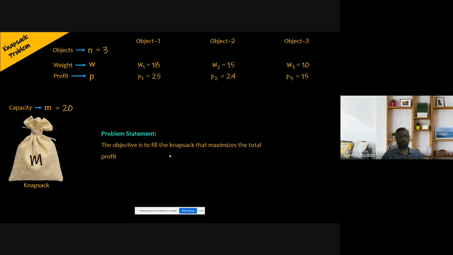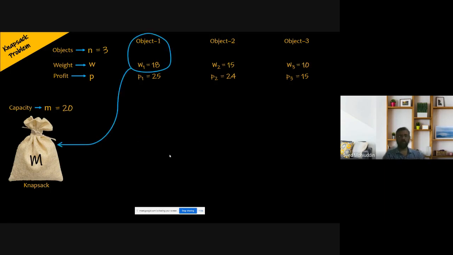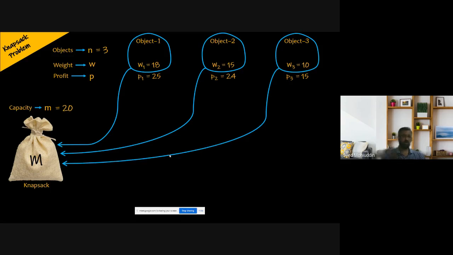M. Now, if there were a large capacity in the knapsack, which could fit all of object 1, object 2, object 3, then there would not be any problem at all. We would put all oranges, all apples, all bananas in the sack to earn maximum profit. But can we